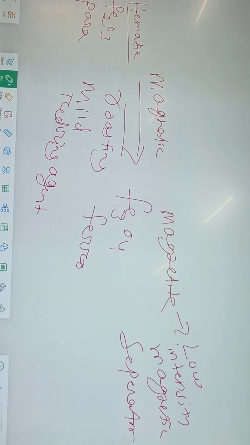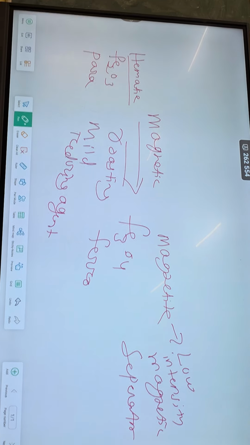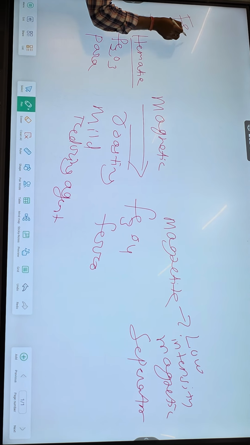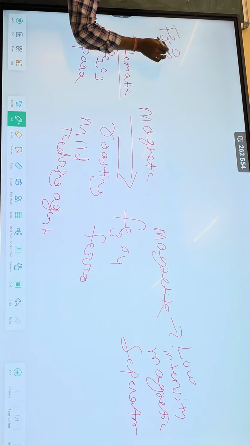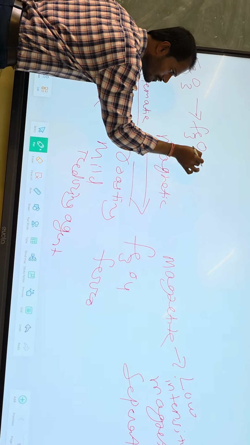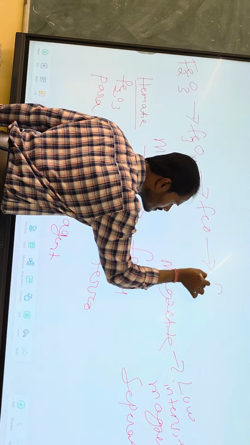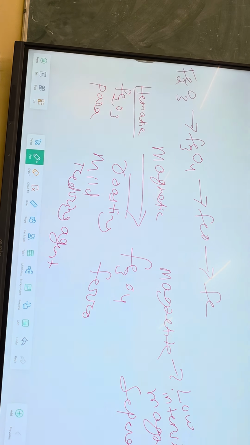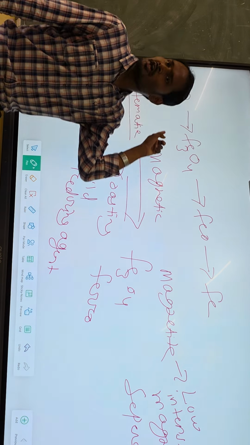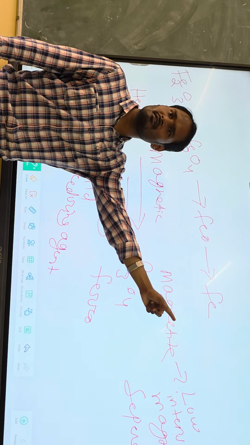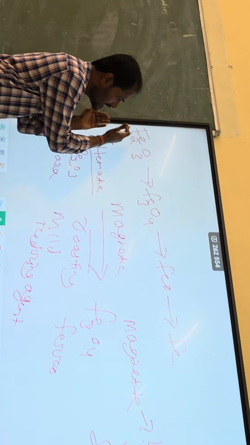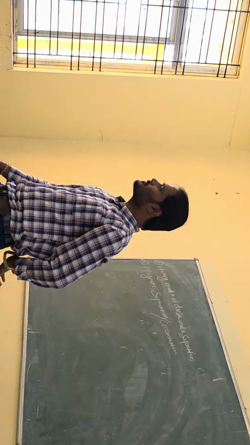This is very interesting. So extractive metallurgy is also very interesting. For your clarification, maybe just remember, when we do extraction of iron, this is the step you need to remember. Then FeO, finally. So this is the sequence you have to remember. Whenever you are reducing the iron, this will be the sequence. What is happening from here to here? We are removing the oxygen slowly. Finally we reach iron. And just opposite, from right to left, we are adding oxygen. From left to right, we are reducing. You understand now?